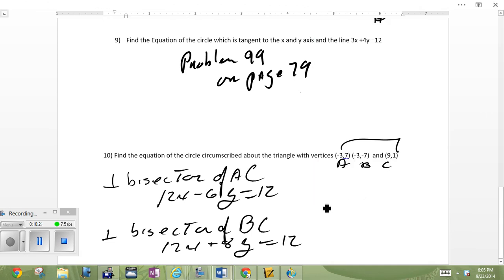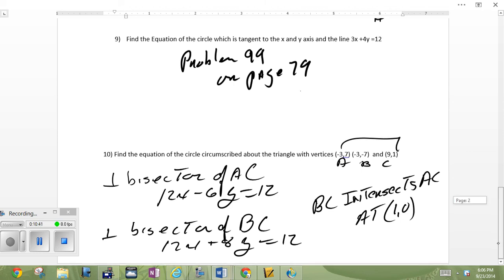So the center of the circle, where BC intersects AC, is at 1, 0, which means my circle is going to be x minus